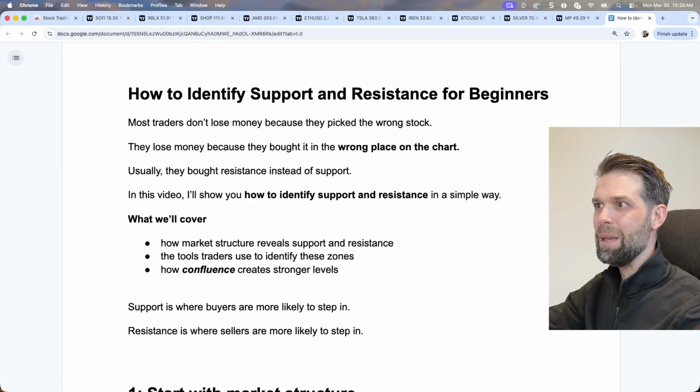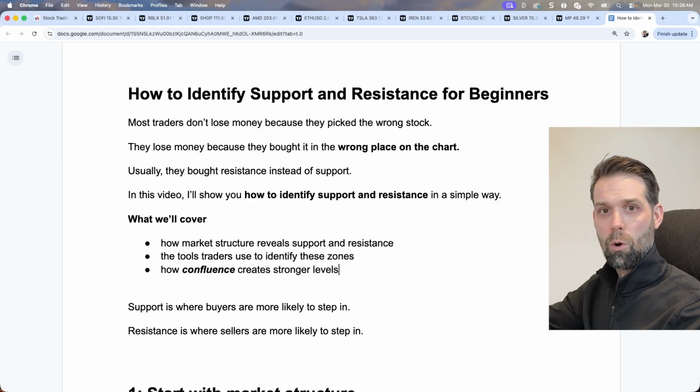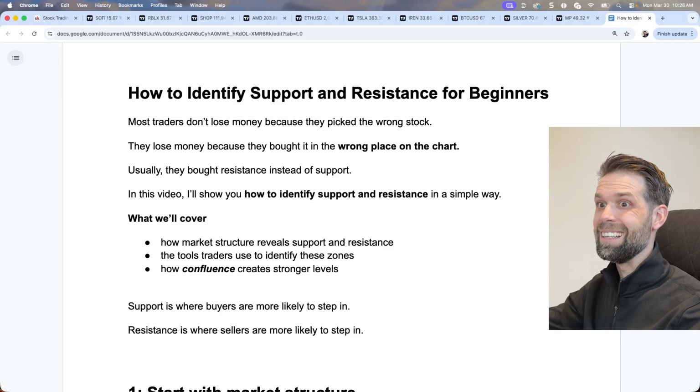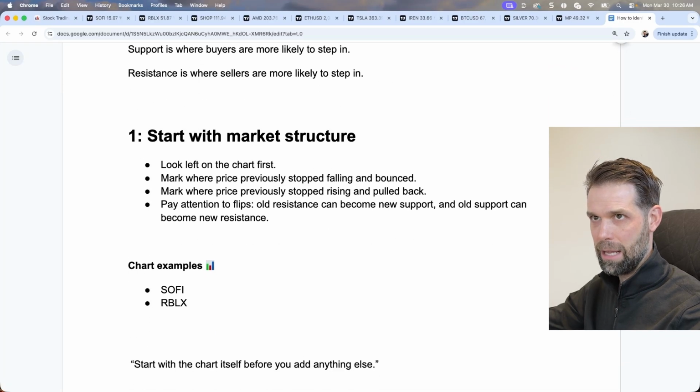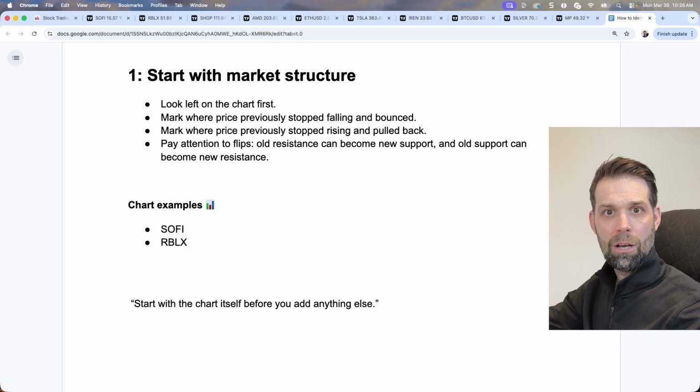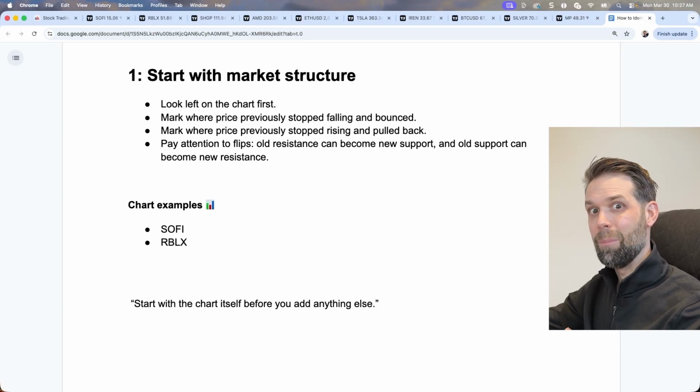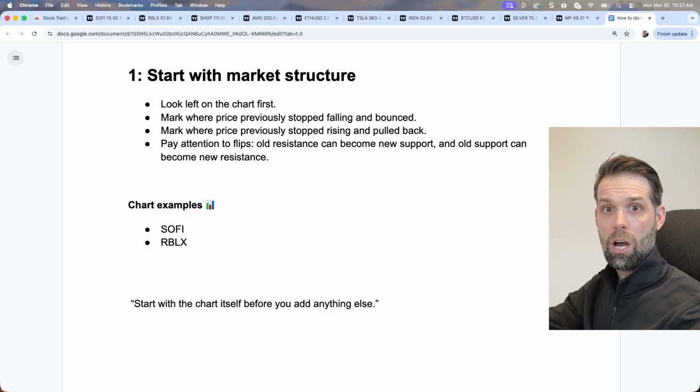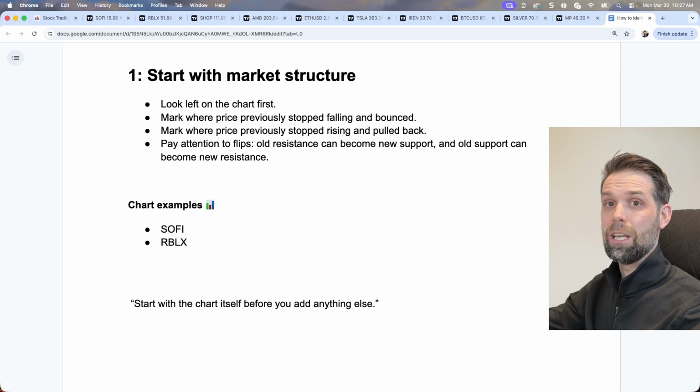So basically, the basics of support and resistance are: support is an area on a price chart where buyers are going to step in, and resistance is an area or a zone on a price chart where the sellers are likely to step in. So when we are trading or investing in a stock, we really want to identify these zones, and we want to buy at support, and we want to be cautious, or take profits at resistance. So the first thing that we can do, and the easiest thing that you can do without having